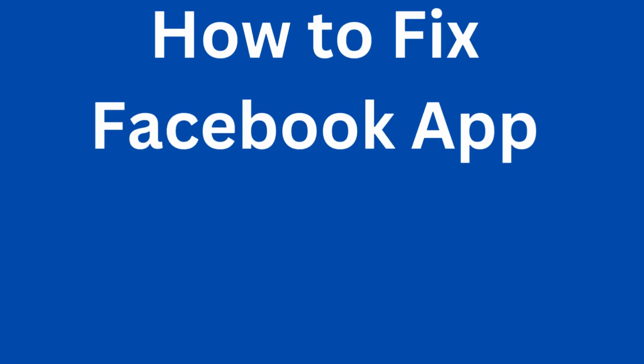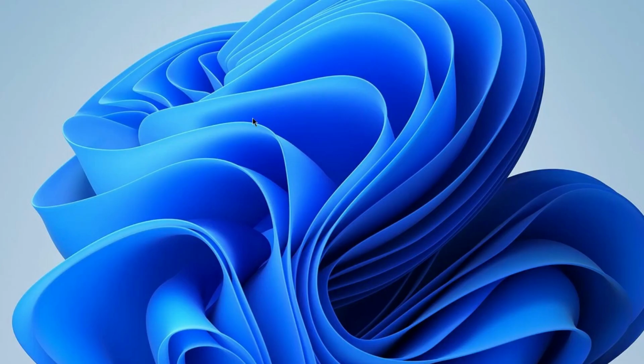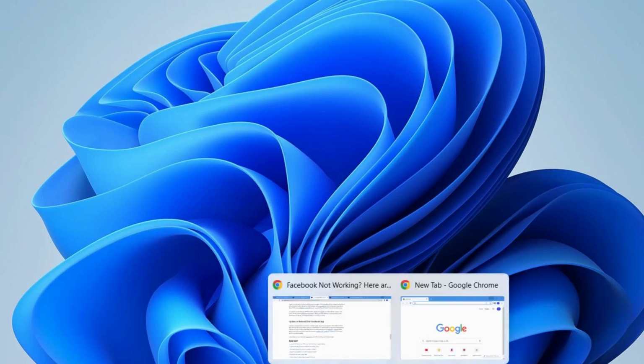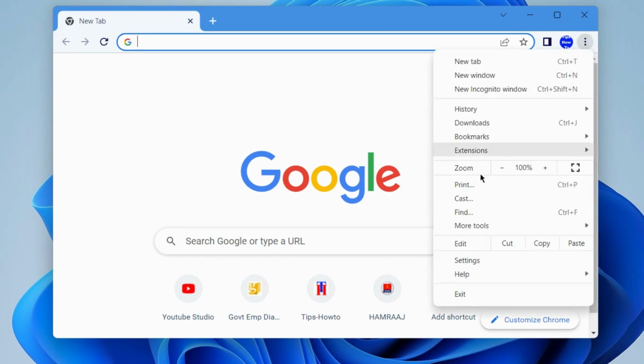Fix Facebook app not working in Windows 11 and Windows 10. If the Facebook app is not working in Windows 11 and Windows 10, there are various types of solutions you should apply in your system. And the first workaround is to open your browser, any of them, Chrome or Firefox, go to